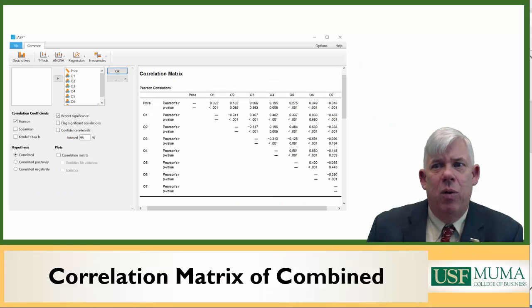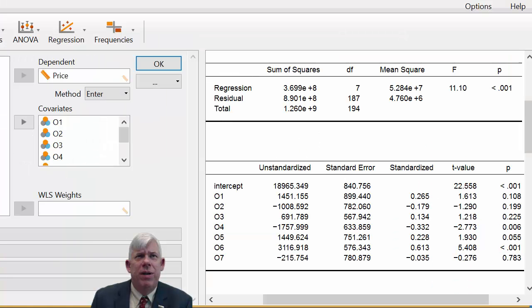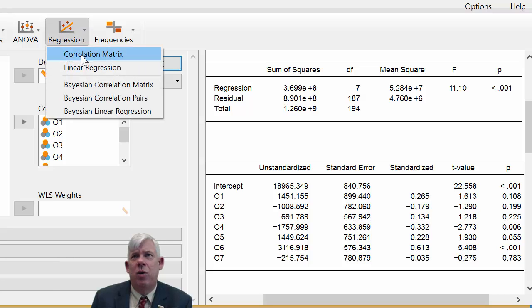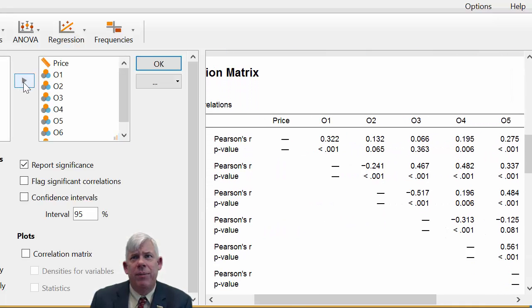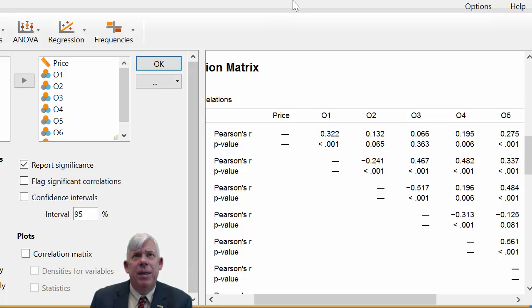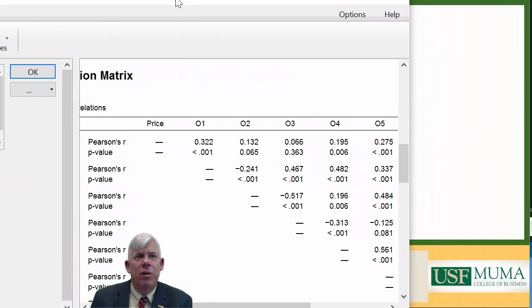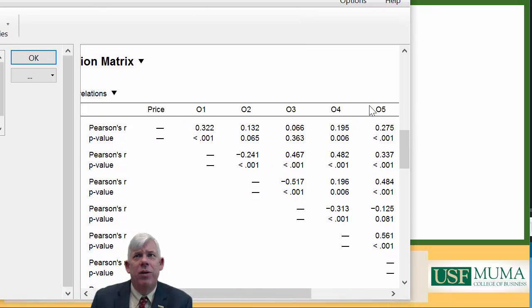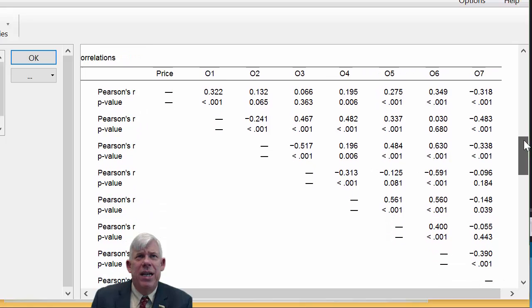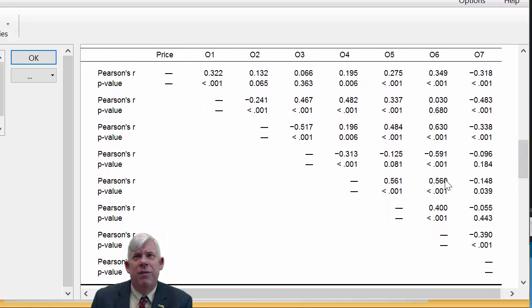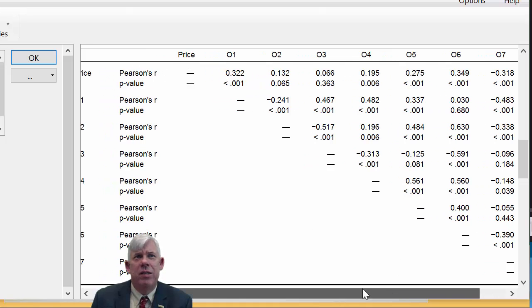So let's open up the correlation matrix and just see what we've got. What we'll do here is we'll come over to multiple regression, correlation matrix, and we'll just plunk all the variables in there for the combined model. And here we have to slide this over a little bit in order to give us a clearer view. So what we see is that there are some significant correlations with price, because price is going to be the